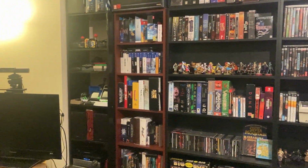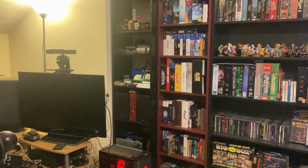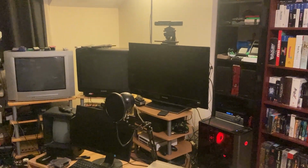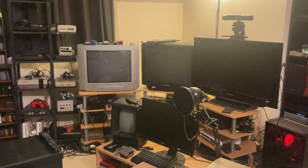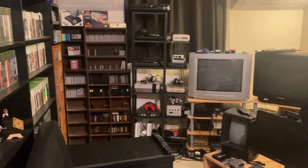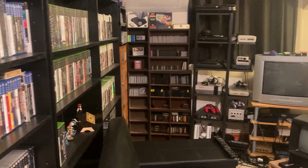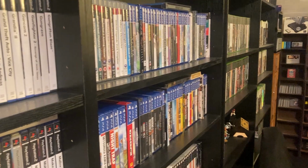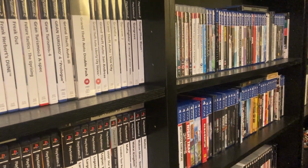I like to organize my stuff very well so that I can find everything, so everything is in its own section. You know, the cartridges are in a cartridge section if they're loose, and the boxed games are in their own section. Everything's alphabetical, otherwise I wouldn't be able to find anything when you're dealing with a lot of games. It will be hard to find stuff when you actually want to find it if they're all in random order,